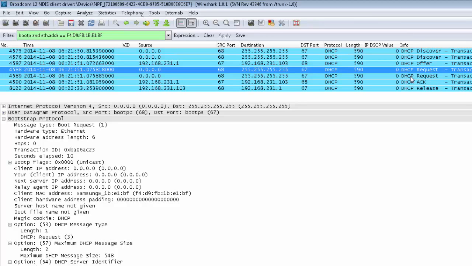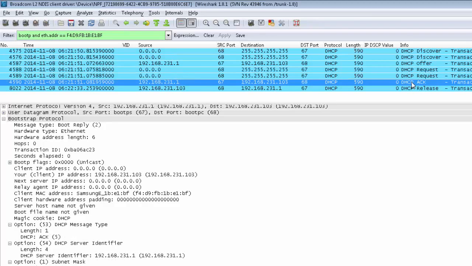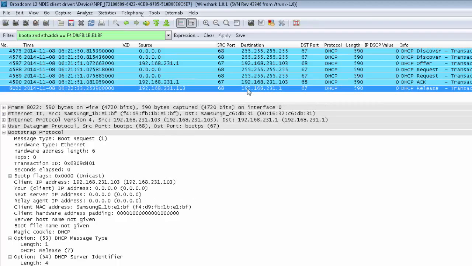And then the final phase is that the DHCP server will acknowledge the request, and basically at that point the lease time begins, and there won't be any more chatter until either the device sends a release message or the lease expires. Then the DHCP server will inform the device that the lease is expired, or the device will request a new DHCP address at that time, and it may even request the same IP address. Okay, so